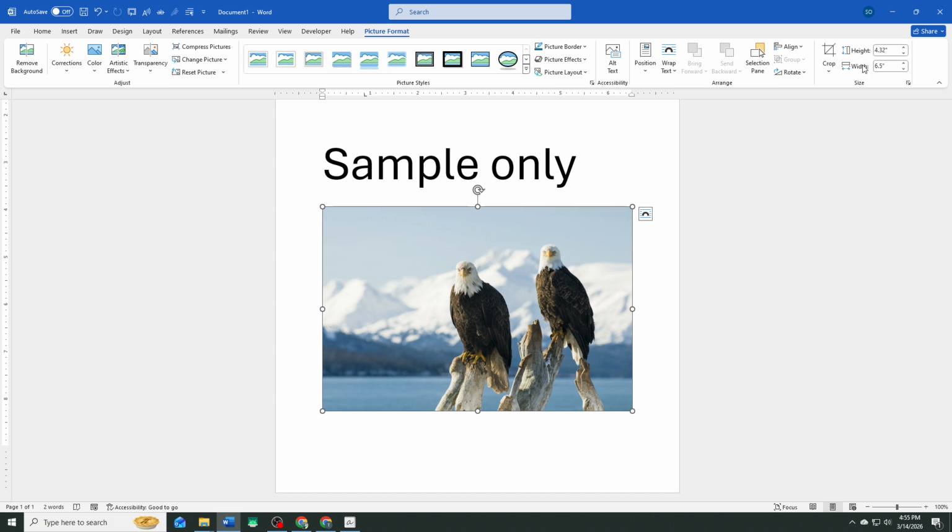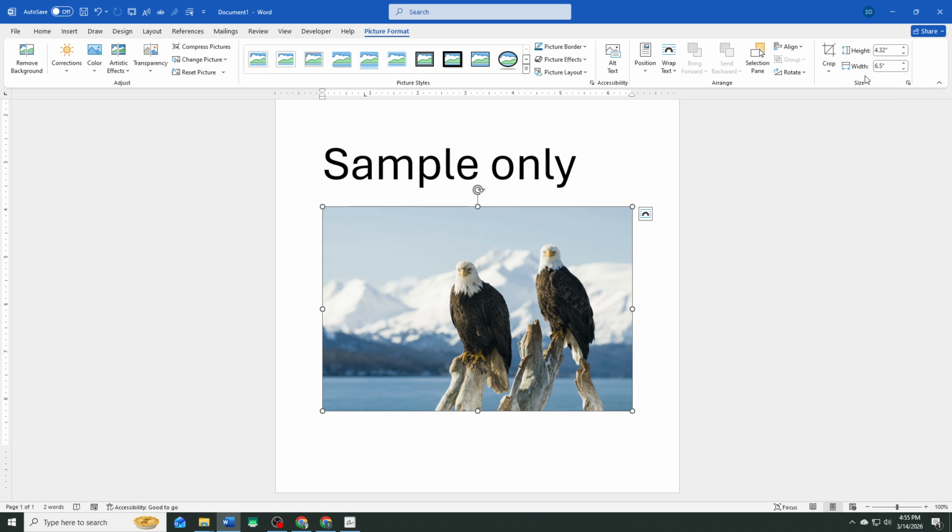These fields display the current dimensions of your image in the measurement unit set for your document, typically inches or centimeters. You can use this information to ensure your image fits the desired space in your document or to maintain proportion when resizing. If you want more precise information about the image, including its original dimensions, you can right-click the